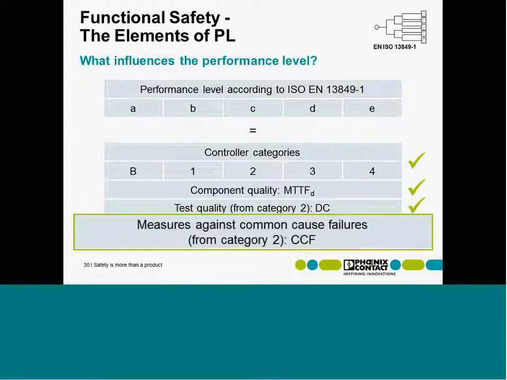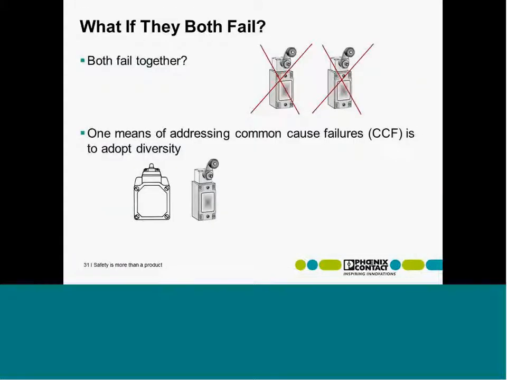Okay, we have covered these relevant parameters: category, MTTF, and DC. This next one has an indirect influence on the final result. It is called CCF, or common cause failures. The background for that is that in some applications where we have redundant architectures, for example, two equivalent safety switches, there might be a common event